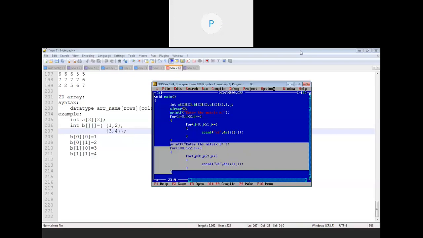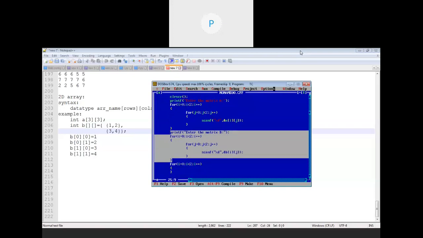Now in case of matrices, you have to keep one thing in mind: whenever we are performing any operation, you have to write that formula within a nested for. Let's see, for i plus plus. Similarly, I'll take for j.